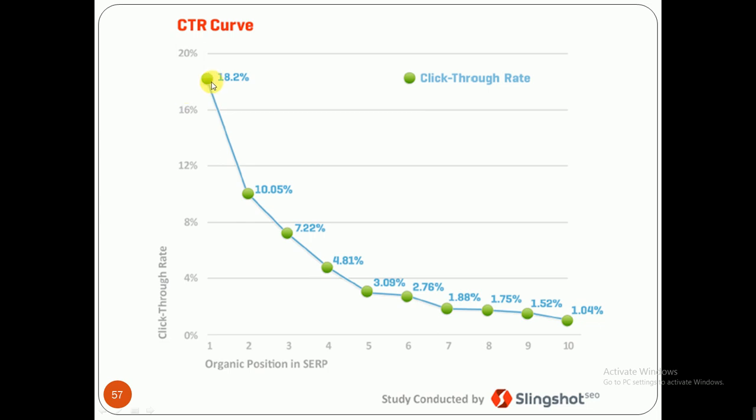If the first position is available, you will get a higher ranking. If the first position is not available, you will get a lower ranking. But those with a lower ranking want to try to move to the first ranking. For that, they require changes on their website, their layout, their design, and many things, and they will perform SEO on it.